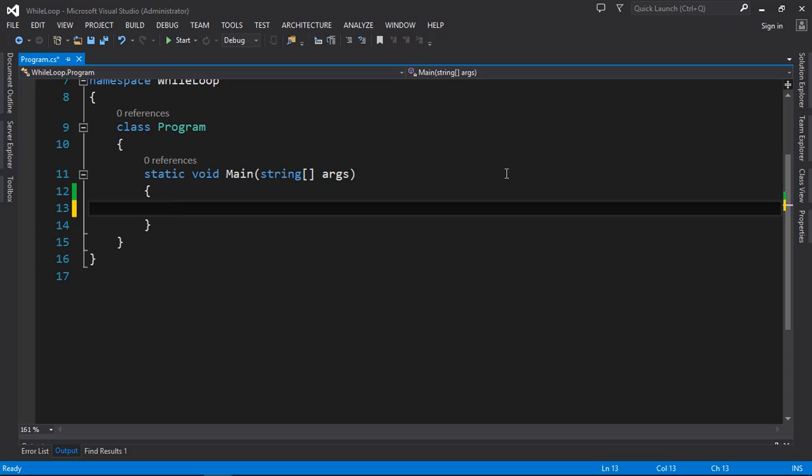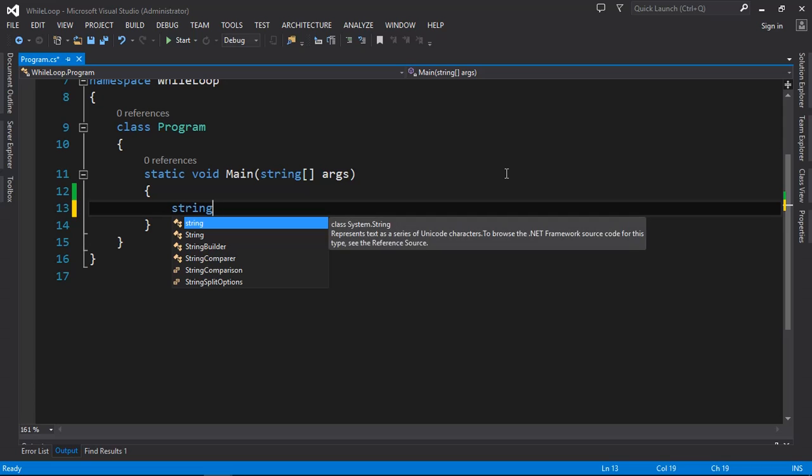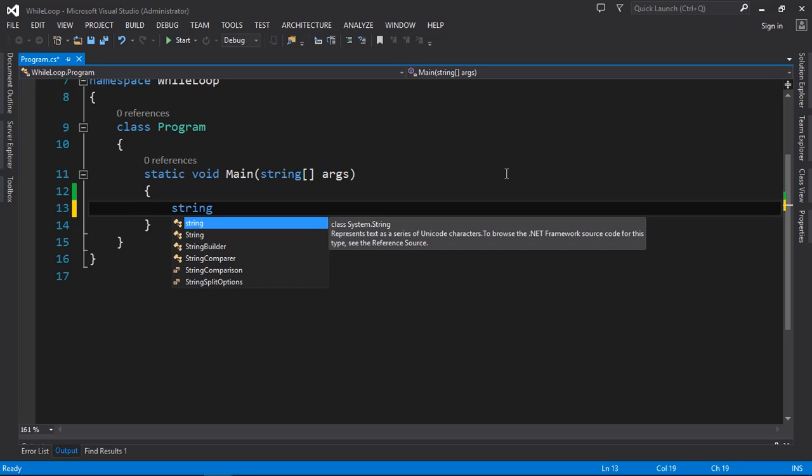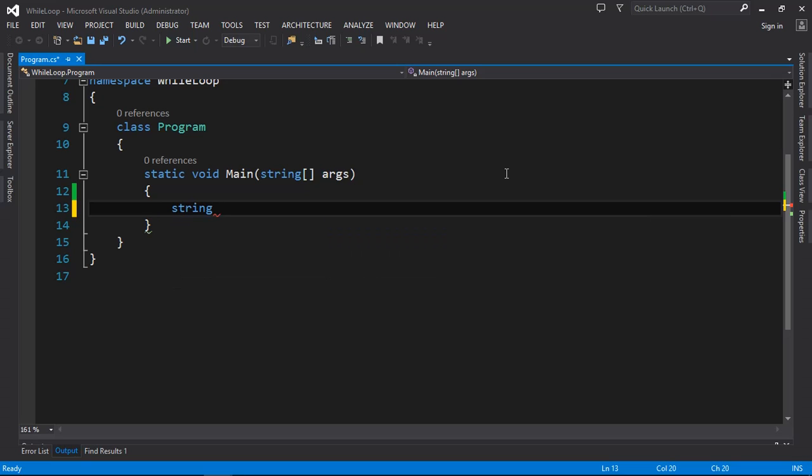So to declare an array, you need to declare an array data type. We have a string data type array, we have an int data type array, and all data types can declare an array. So for the first time, I want to declare an array of a string, and that string array, let's declare it as